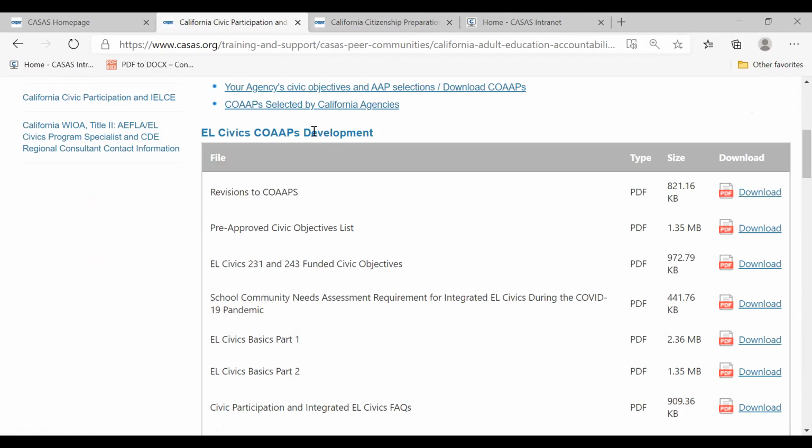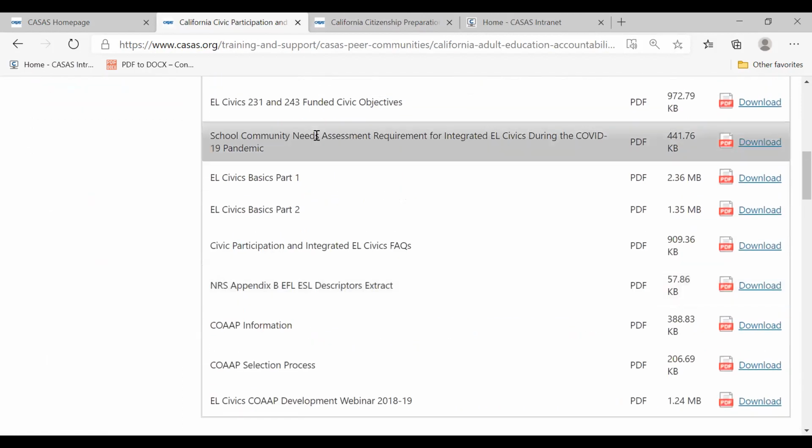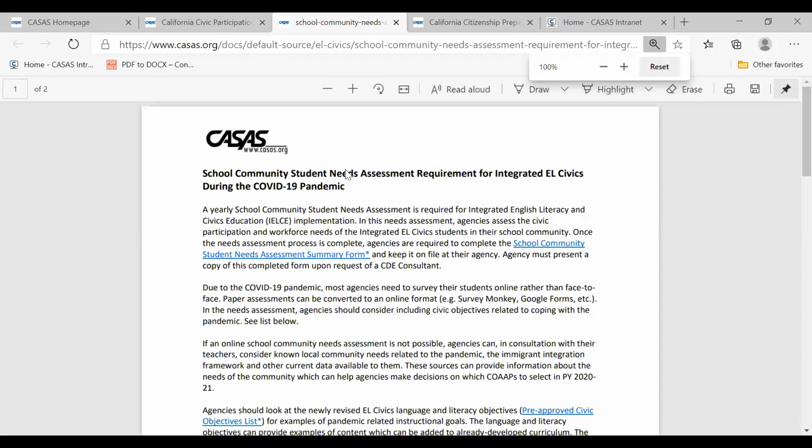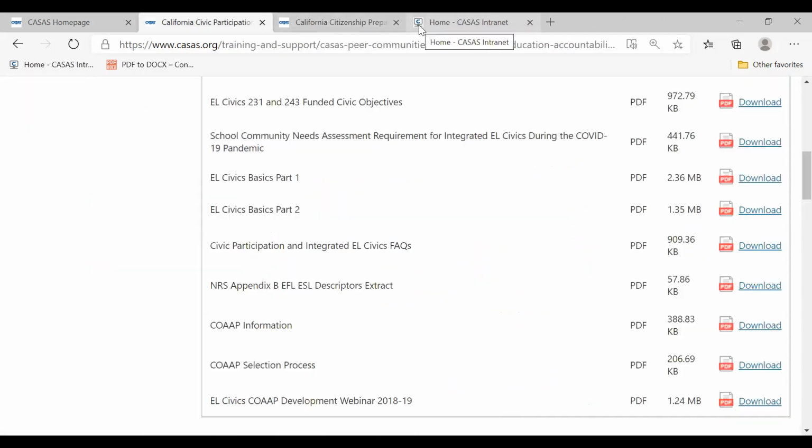Another thing that you want to do is a needs assessment. In order to find out some things about the needs assessment, this document gives you insight into what civic objectives are related to the pandemic. So you might want to look at that to add to your objective list if you have already selected some of your